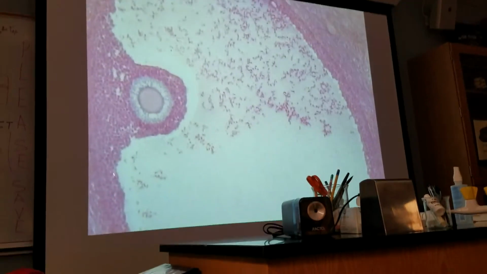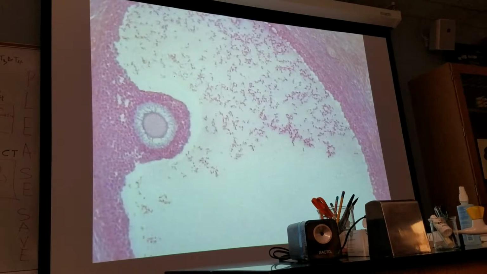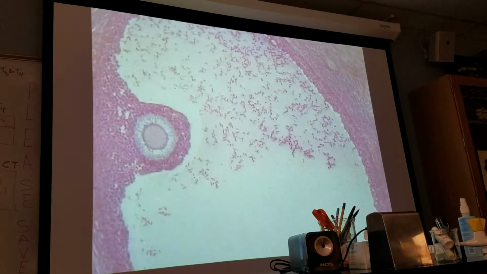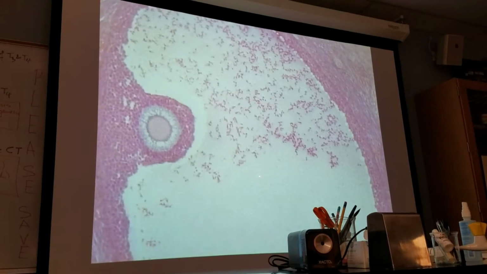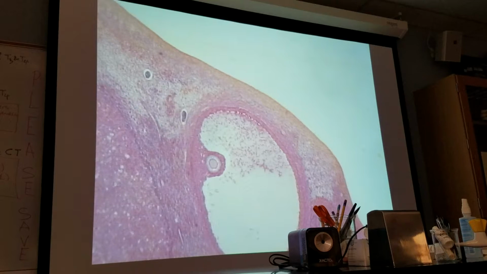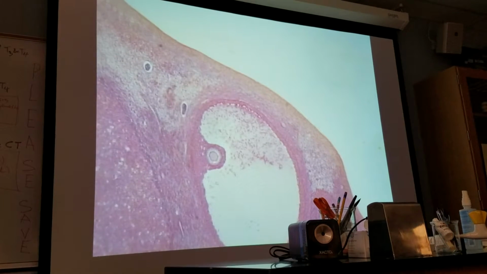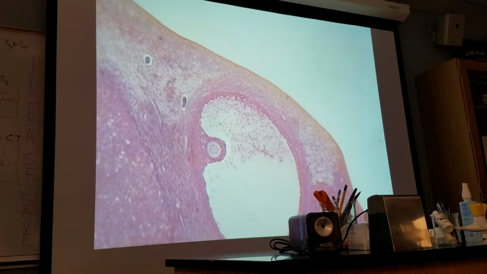These cells will divide frantically. I said frantically, just dramatized. They will divide and divide and divide, ultimately filling in the space and forming a structure called the corpus luteum. And I will show you a fully formed corpus luteum. There are 3 corpora lutea in this slide, in this ovary. You have to take it into consideration